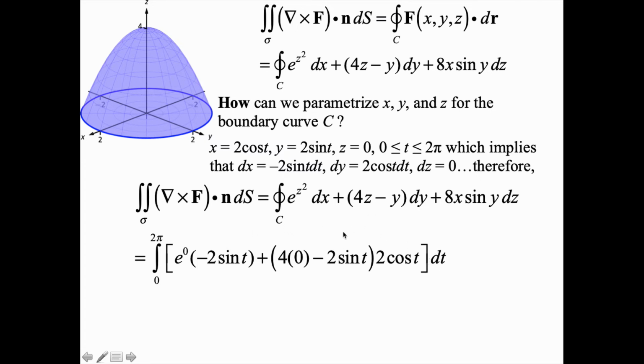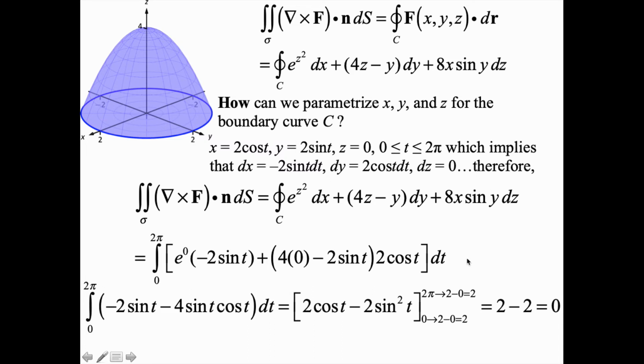Then we have 4z minus y: 4 times 0, since z is 0, minus y, where y is 2 sine t, times dy, which is 2 cosine t. And there is our single variable integral that we can evaluate. And that's a welcome sight, a nice single variable integral. So we